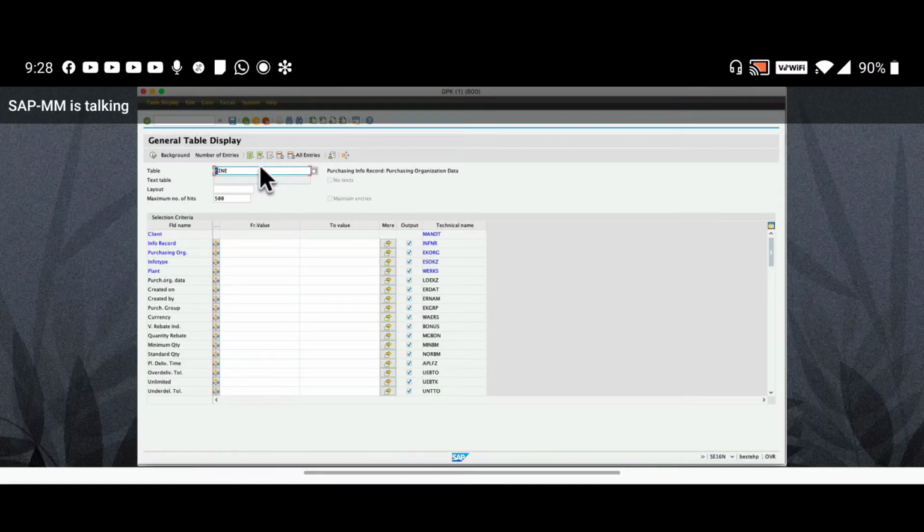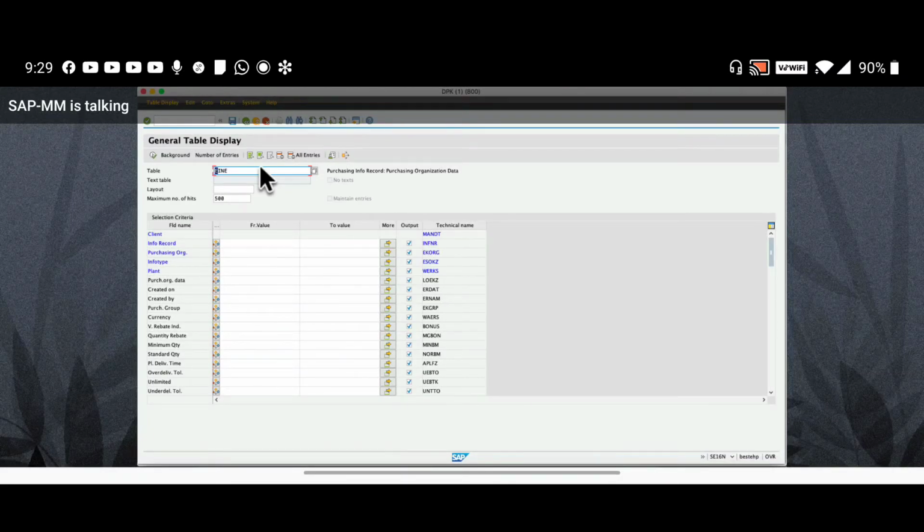Okay, simple. In an interview, if you get asked what is an info record, simply tell them that an info record will capture the purchasing information of a material from the vendor. Means from which vendor, which material, how you are buying, the terms and conditions. You can buy the same material from multiple vendors, and they will not give the same price and terms and conditions.